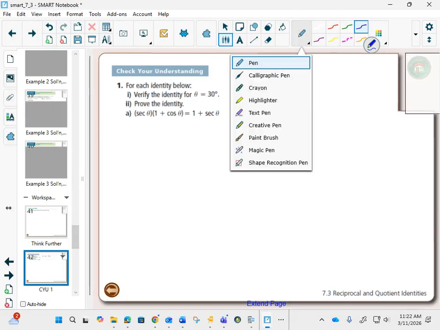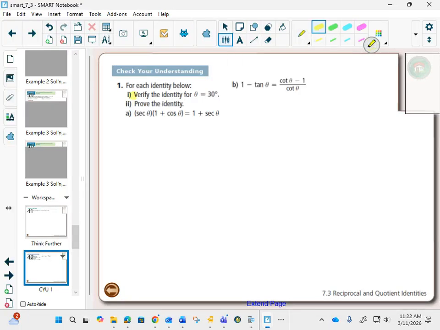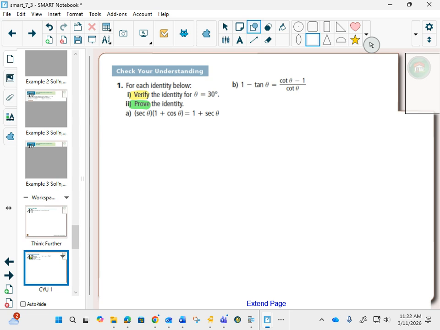The first thing we're going to look at is the difference between the word verify and the word prove. They are very similar. A verify question just says you're checking one answer, but you set it up the same as a prove. So if I have for part A a verify question, I would plug in the 30 degrees,